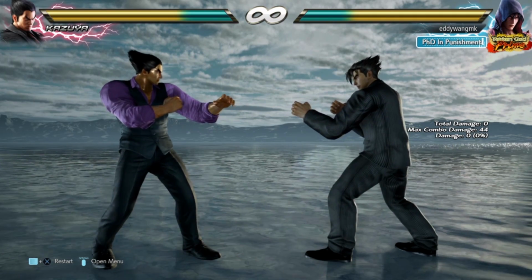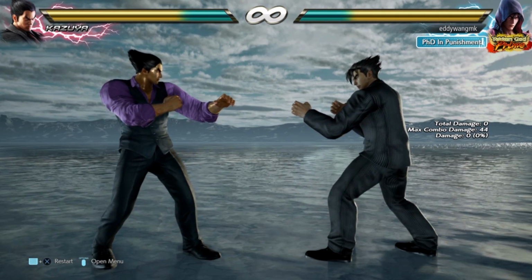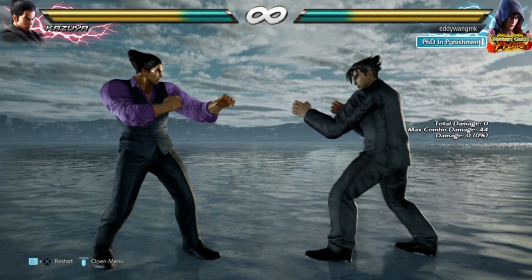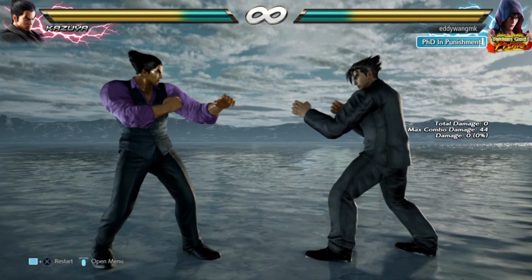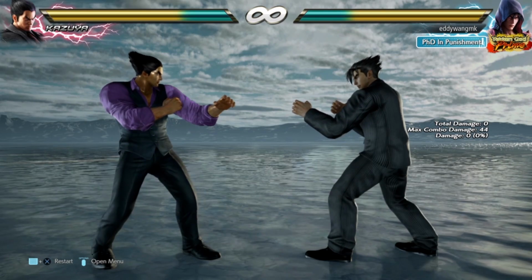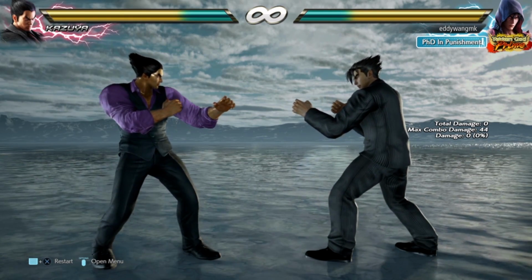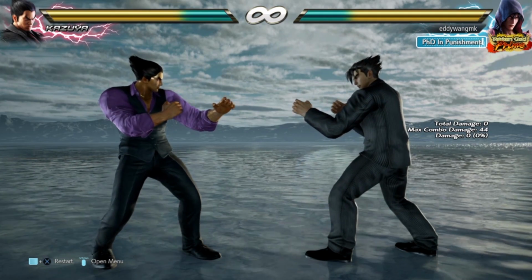Meanwhile, I'm going to be releasing more Jin content, pretty much any other character which is related to Jin, like the Mishimas. I do enjoy Mishimas a lot, maybe because I like Jin a lot, but I do enjoy Mishimas a lot, especially Heihachi and Devil Jin as well, and I play Kazuya too. But I'm going to be releasing more Jin stuff because I have some really nice ideas and some stuff to